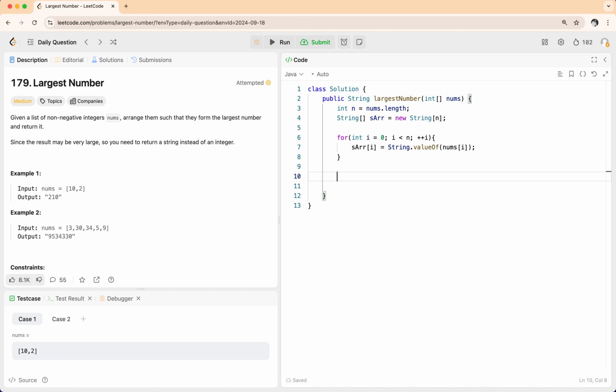And after this, the next thing is that we need to sort them, because we already saw that we need to arrange them. Arranging them means that we need to use Arrays.sort. Sort is going to take the first parameter as the array, and as the second parameter, it will take two of the elements of this array, and then it will take a string